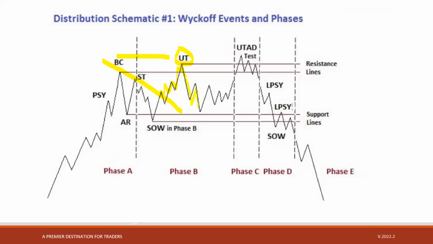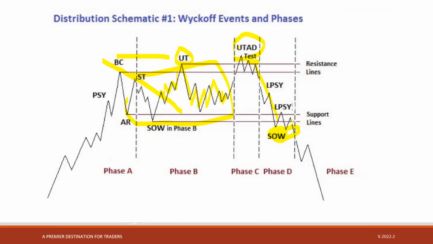And then price begins to range again. And then we have another UT, another uptrust, right? So this is UTAD, which stands for uptrust after distribution, right? So remember, this is distribution, where the composite man is distributing, basically accumulating sell positions, lots of sell orders, and then we might see an uptrust after distribution, a test of that previous area, and then we have a show of weakness, or a sign